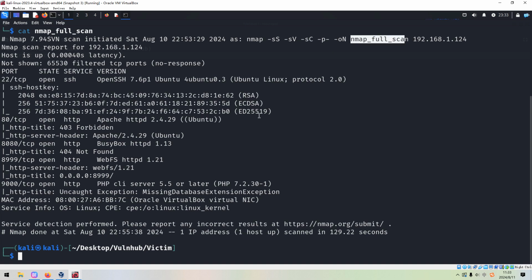So from the Nmap scanning results, we can tell that the target has 1, 2, 3, 4, 5 open port numbers in total. As you can see over here, it's very important to put the option -p-, otherwise these unusual port numbers cannot be recognized. And let's take a look at all port numbers one by one.